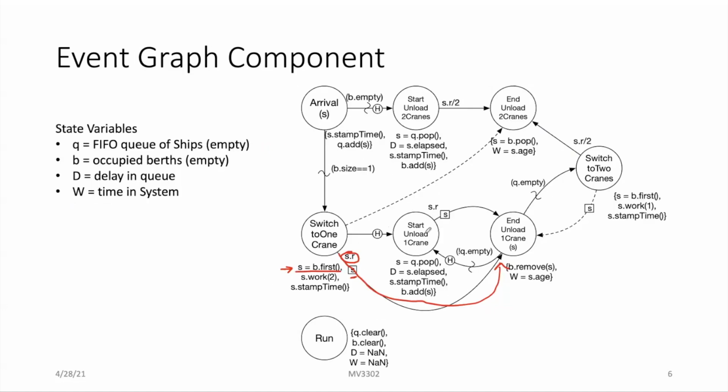I need to get it off the queue and also schedule it. So notice that I also schedule unconditionally that I'm going to start unloading with 1 crane. And for that, I do pop it off the queue. For that arriving ship, I have an elapsed time. Again, I stamp its time because now I'm going to be working at a unit speed, and I now add